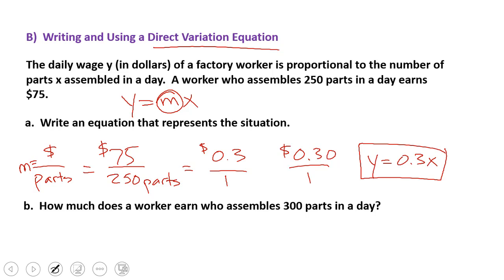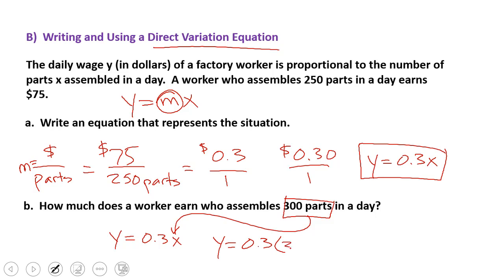The second question, how much does a worker earn who assembles 300 parts in a day? Okay, well 300 is the number of parts. So if we take our equation, Y equals 0.3x, and we substitute in our number of parts, so Y equals 0.3 times 300, that means Y equals 90. Well, we know what Y is. Y is the number in dollars, so that means $90 is how much the worker earns for assembling 300 parts that